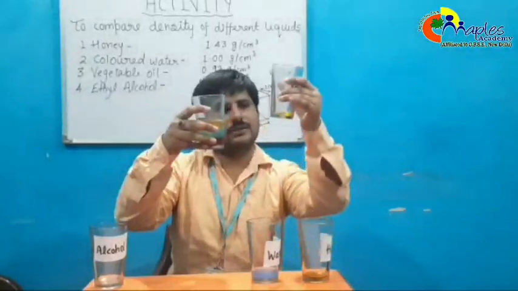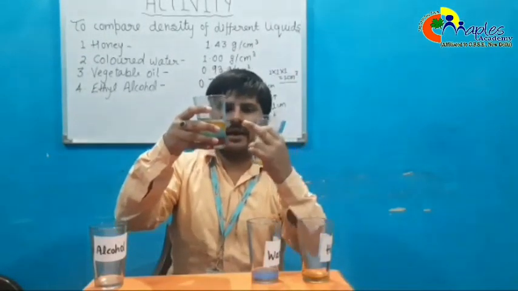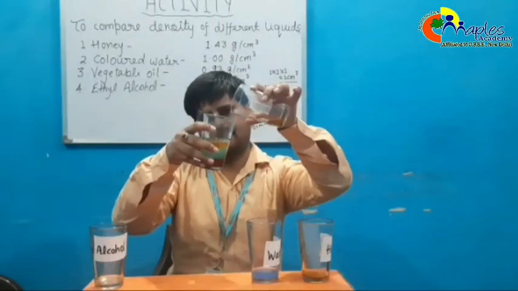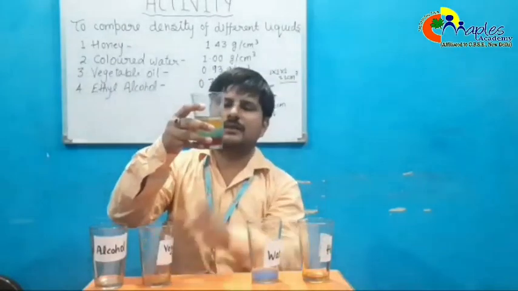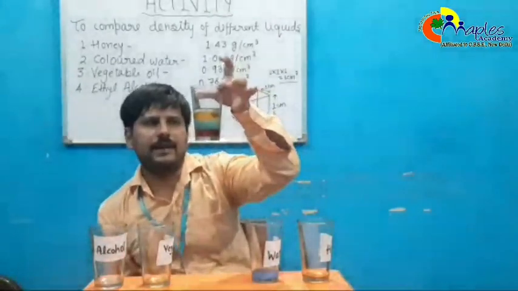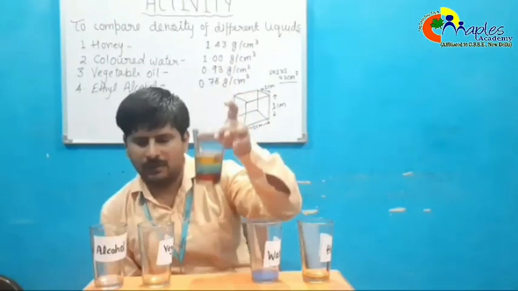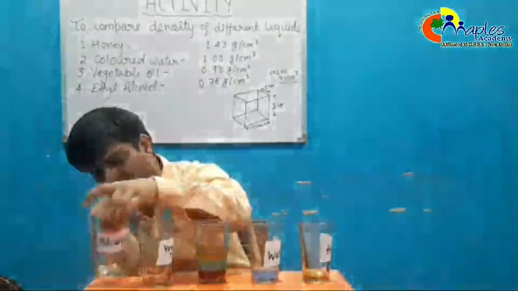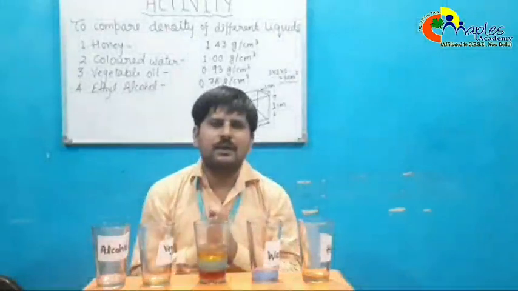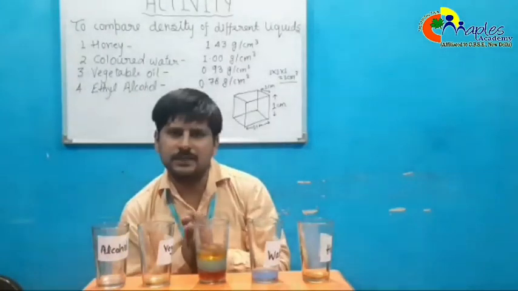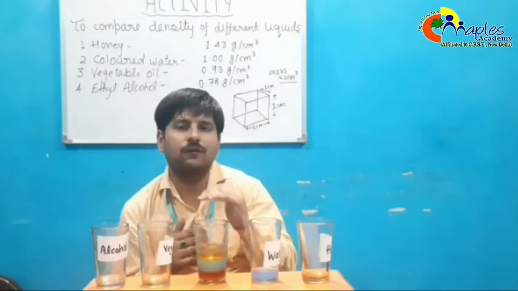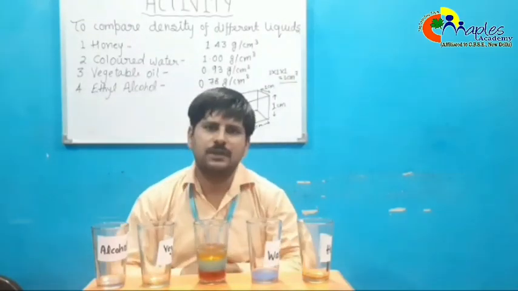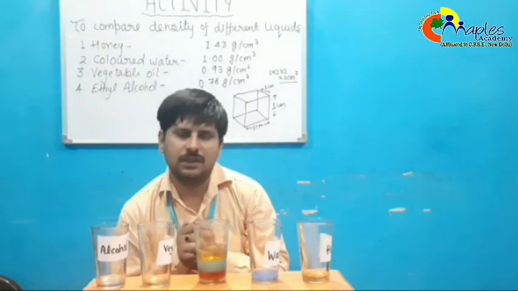Now I will again add this vegetable oil that I have left here and it will go to the second layer. Yes. So I have added that remaining vegetable oil and it has gone to the second layer. So students, in this way you can understand that any liquid which has higher density will go down, and any liquid which has lower density will float over it. Okay. So I hope you have understood this experiment well about the concept of density.